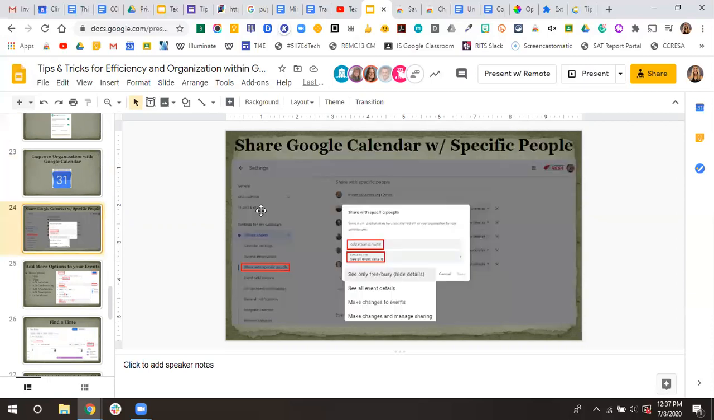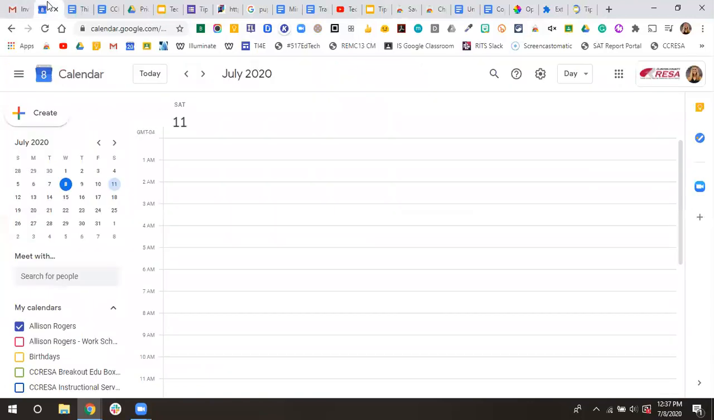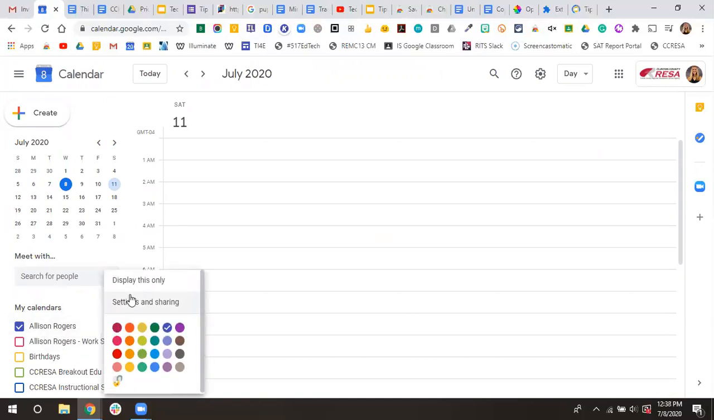So the first is sharing the calendar with specific people. I would imagine that many of you have already shared your calendar with folks, but I just wanted to remind you of the specifics of how you can individualize what you share. So if I jump to my calendar and go under My Calendars and click the little three dots and say Settings and sharing,